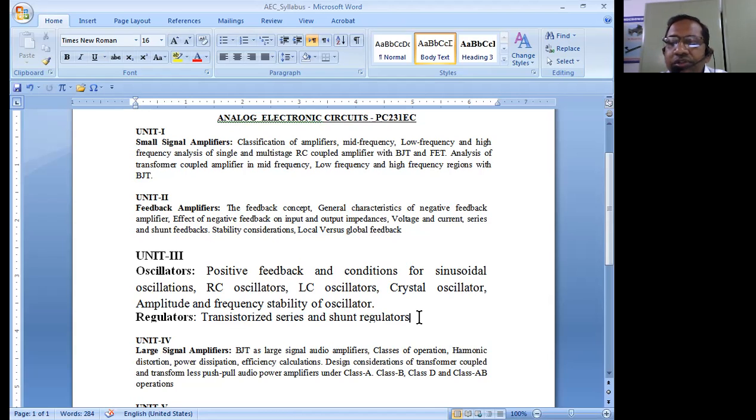Regulators are going to be used at the input of electronic circuits, because all electronic gadgets normally operate using constant DC voltages or constant DC currents. So the signal given to the electronic circuit should always be constant, should always be fixed. If you make the electronic circuit work at 5 volts, it has to work at 5 volts only. The input given to the circuit should always be 5 volts with a little margin.